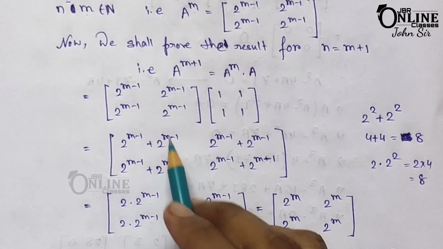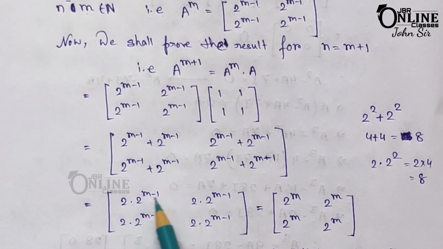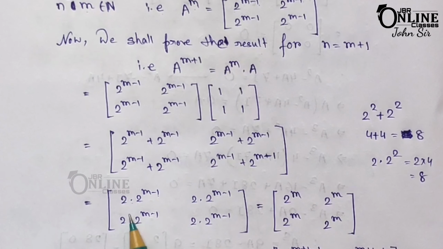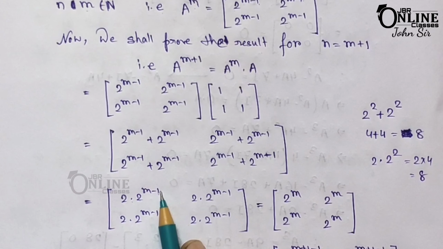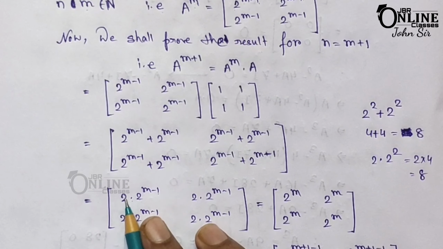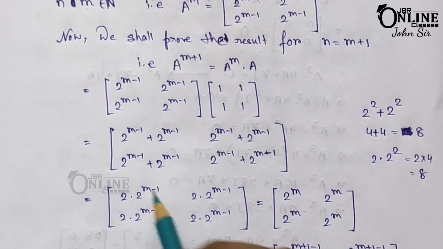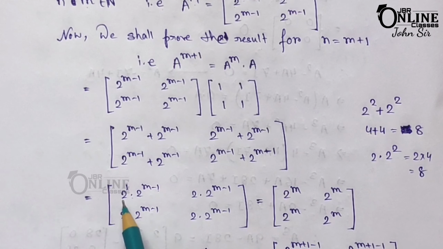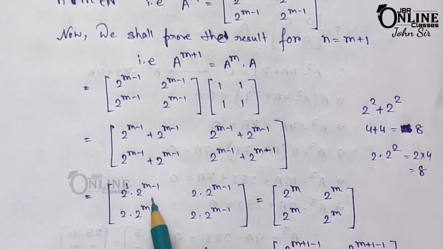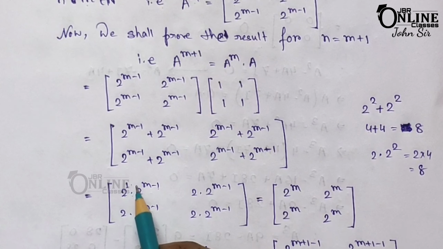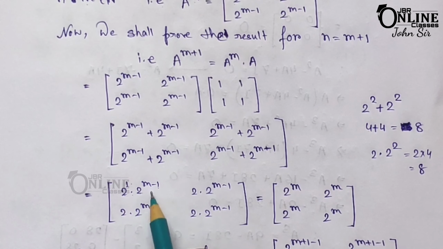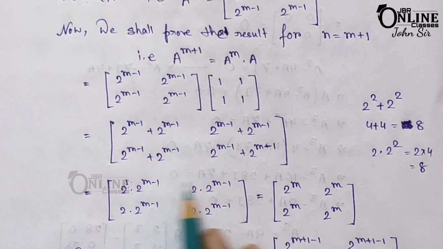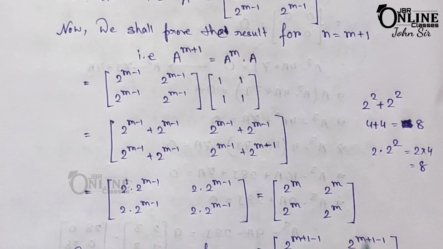ओके, इसका मतलब जो मैंने यहाँ पर लिखा है इसको मैं 2 इंटू 2 to the power m minus 1 लिख सकता हूँ, कोई प्रॉब्लम नहीं है. सो हर एक एलिमेंट को चेंज करके 2 इंटू 2 to the power m minus 1 लिख दीजिए. अब देखिए 2 इंटू 2 to the power m minus 1, 2 इंटू मीन्स यहाँ पर 2 to the power 1 है, और लॉज ऑफ इंडिसेस के हिसाब से अगर आपका बेस सेम है तो पावर में आपका एडिशन होगा. सो 1 प्लस m माइनस 1, सो 1 1 कैंसिल आउट हो जाएगा, सिर्फ आपके पास रह जाएगा 2 to the power m. सो इसका मतलब हर एक एलिमेंट 2 to the power m हो गया.